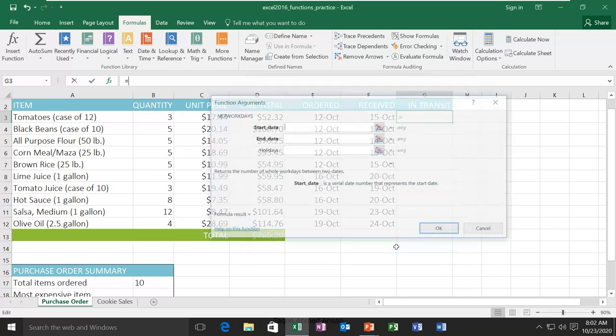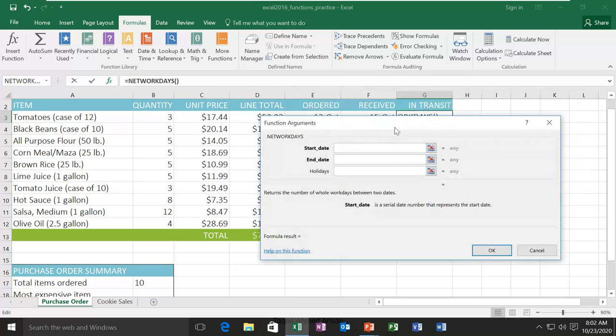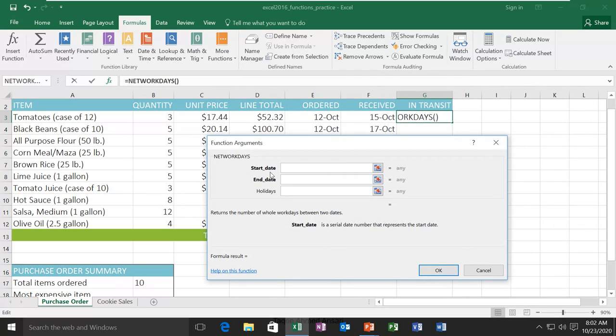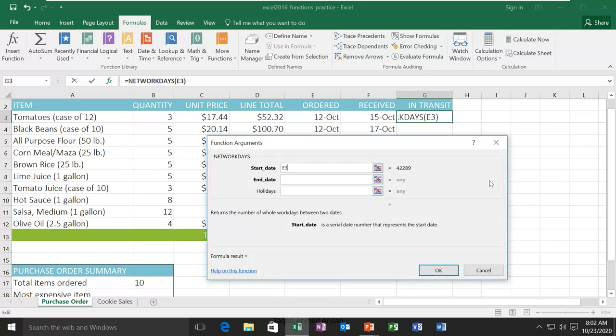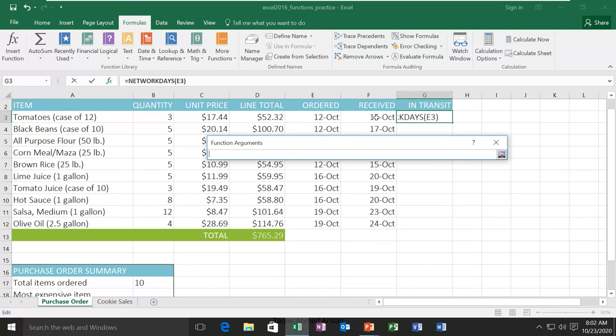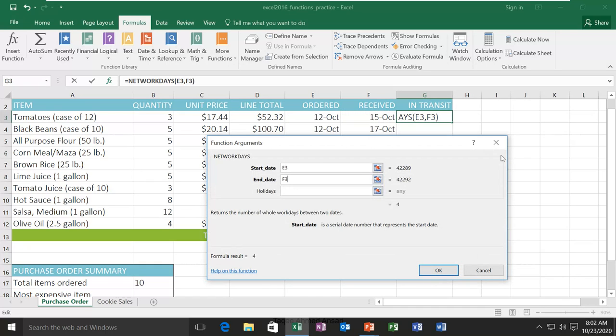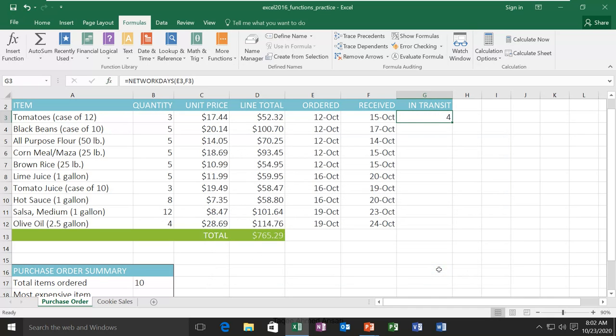Let's try this one. Okay, you see the value here now, the dialog box for arguments. For start date, I can type the cell address, or if I'm not sure of the address, I use the arrow key and select the start date. Then for end date, arrow key, select the end date, and after giving the arguments, I'll say okay, and here I get 4 days.